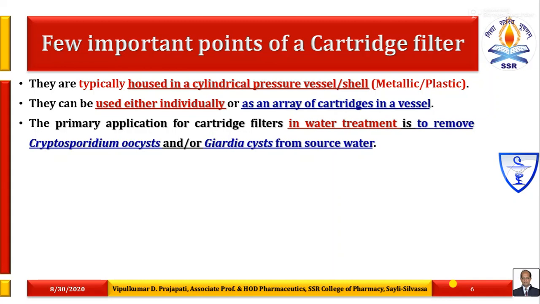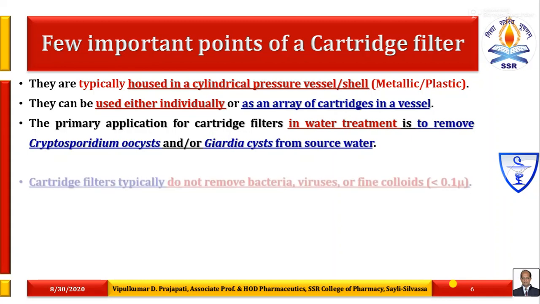So the groundwater is cleaned with the help of these cartridge filters to remove Cryptosporidium oocysts, which are commonly responsible for watery diarrhea, and or Giardia cysts from source water. So this is the main application of cartridge filters for residential purpose. So water is treated and it is free from these types of microbes.